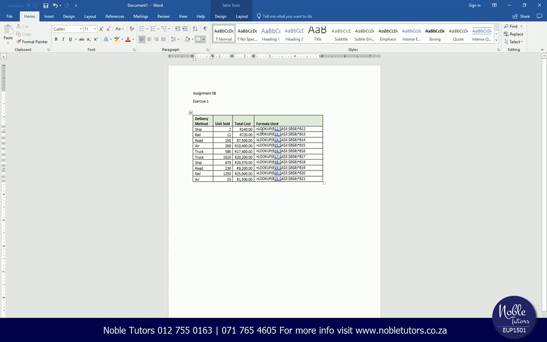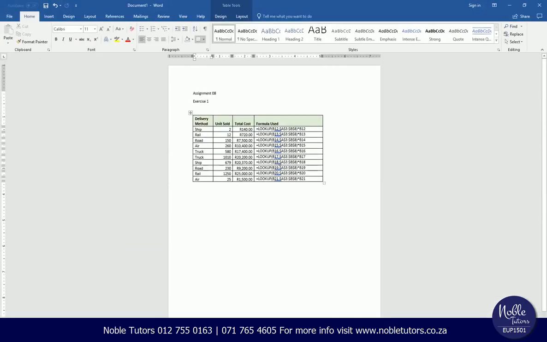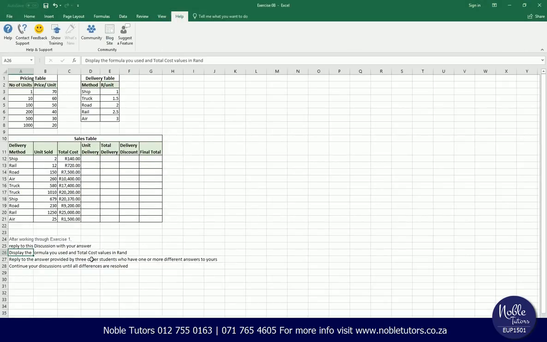Completing it, and you display the formulas. Okay? Remember I mentioned that we have managed to display the formulas and the totals. And these are the formulas, these are the totals. Okay? They say display the formula. Some people normally display one formula. It's not a train smash, but you go an extra mile by displaying all the formulas that you use, total